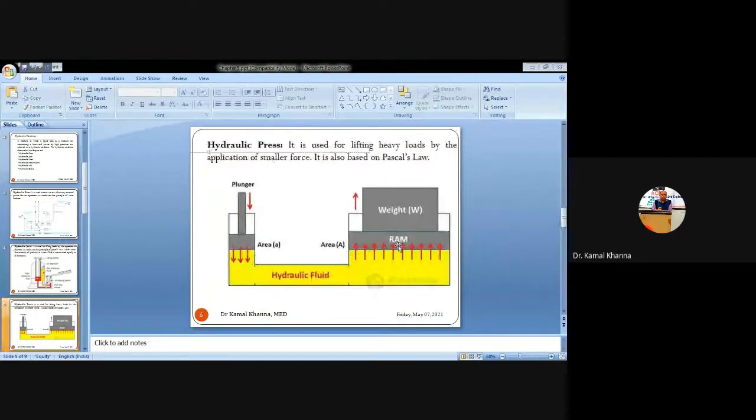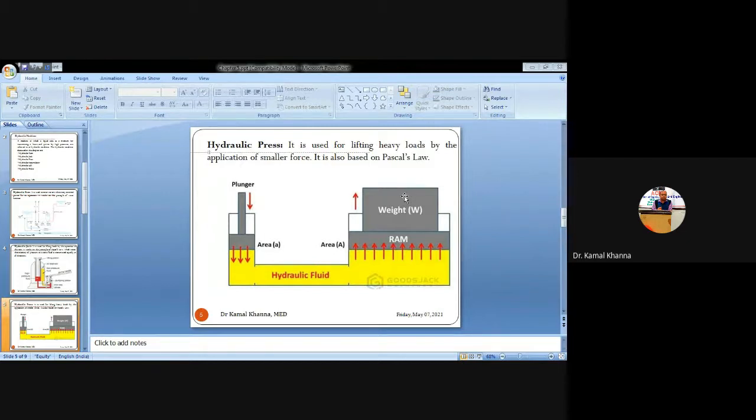end of the cylinder, and on the second end where the ram is situated we place the heavy load, and on this heavy load you can place a die or any trademark or logo die that is to be performed by using the hydraulic press. So this press is basically used for lifting heavy loads, and nowadays it is also used to deform any desired shape of the specimen. You can see one cylinder is of larger diameter and the other cylinder is of smaller diameter, and it contains the piston cylinder arrangement.